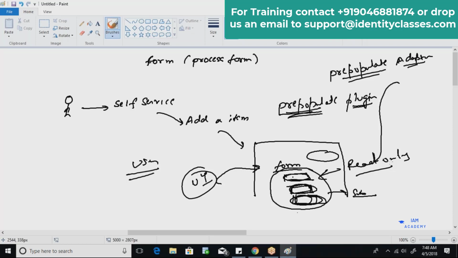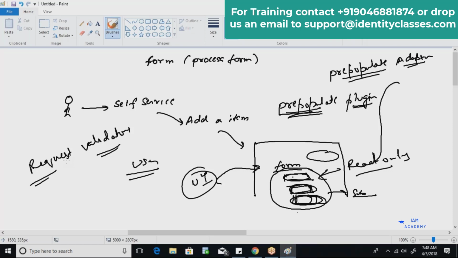There is one more thing applicable to forms, that is request validators. Request validators are validators which validate your request at runtime. Let's say you are trying to submit a request for an application related to Active Directory, and before this request is provisioned or initiated, the user must be present in Active Directory first.